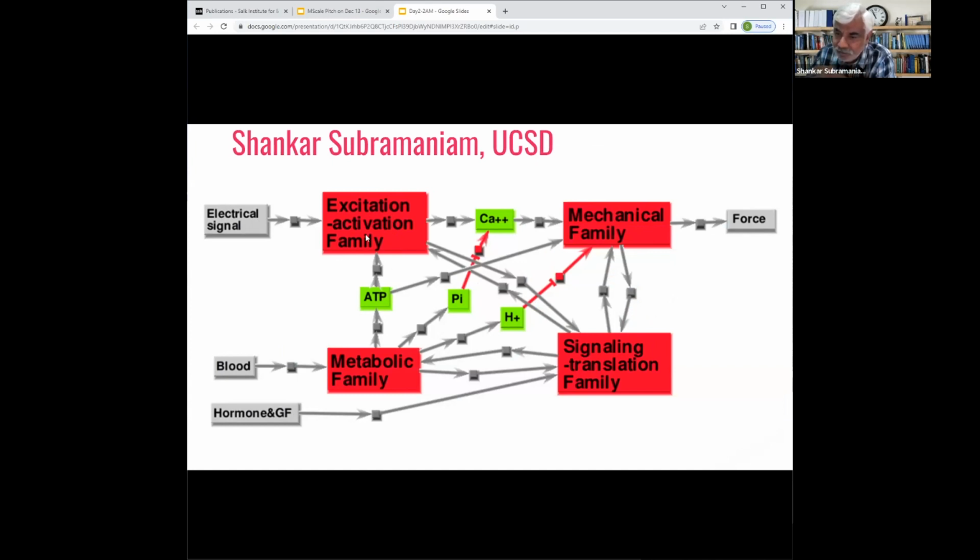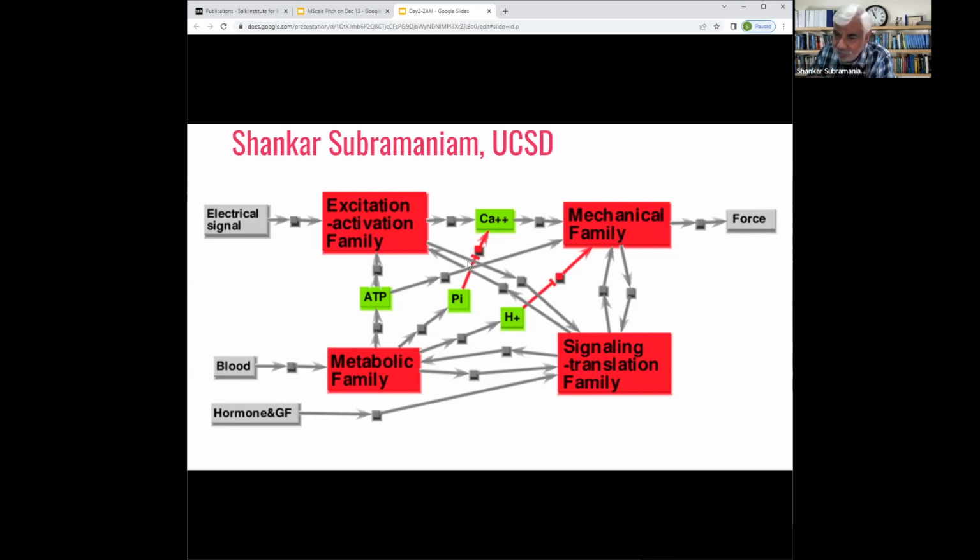And this is communicating immediately after it gets excitation activation. It triggers the signal for mechanical activation of a muscle and force transduction. And this is all done through intermediary machinery like calcium containing machinery, phosphates, ATP, which is involved in metabolism, and